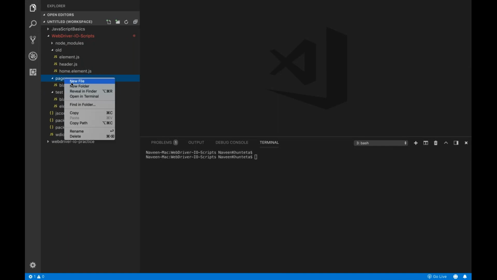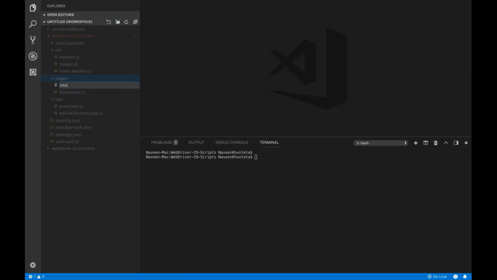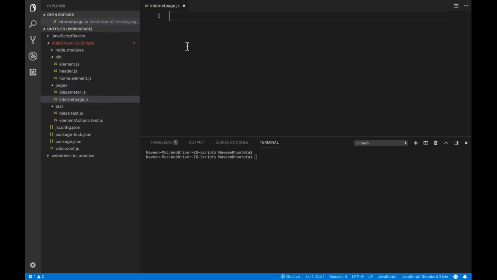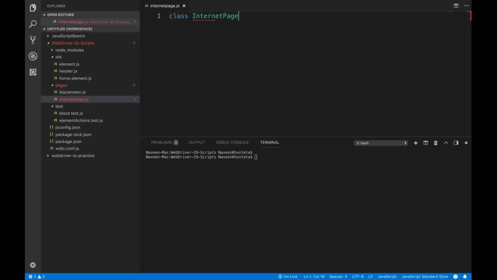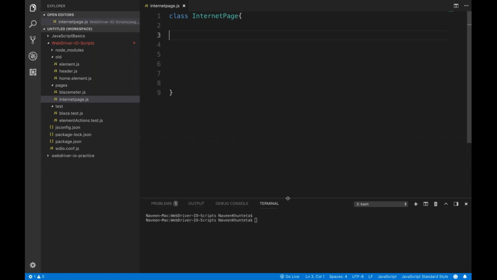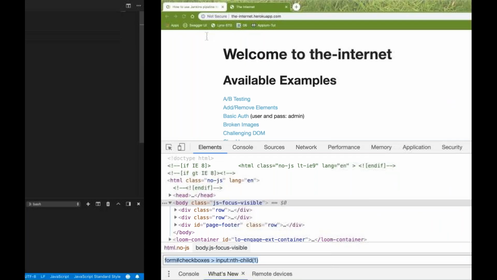So you right click on it, create a new file. I simply write internetpage.js, and here I'll be writing a class. So let's see, my class name is InternetPage class, like this. And here I'll be defining the page objects and different methods or actions I'll be writing for this particular page. So first I'll see that